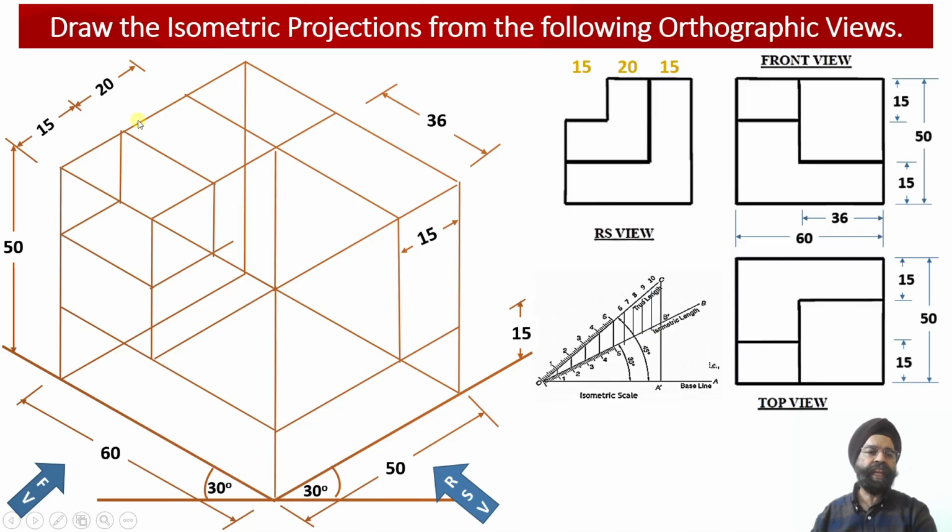So this 15 plus 20 plus 15 makes it 50 millimeter as the width of this solid over here. So now we can mark the height of this vertical step as 15 millimeter. This way, this portion of the web we have been able to obtain. Now we can see this is a web which is going to extend from the rear side to the front